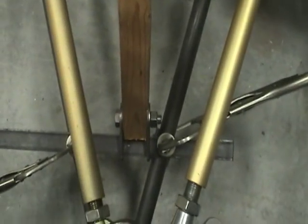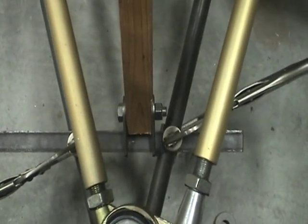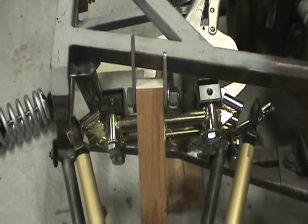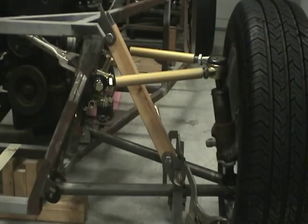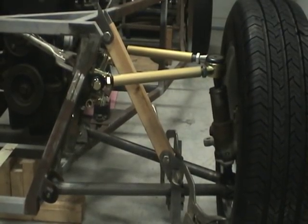The lower shock mount positioning will need to be further inboard than previously thought, which provides an opportunity to be biased toward the rear even more, reinforcing the asymmetry of the lower shock mount. But now centering, and even in this position you can see that the shock's going to be nicely centered within both control arms. The angle of the coilovers in this position is roughly 35 degrees, well within range,